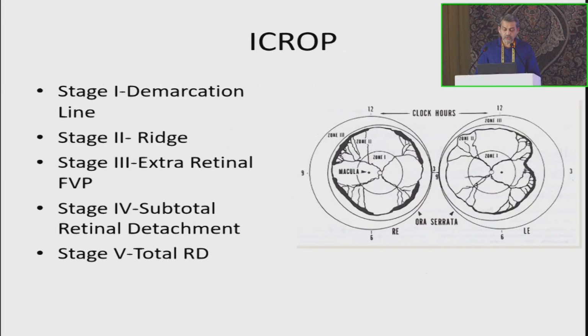So before I go again to the study, I'll have to tell you the background, the classification. ICROP 3's revised edition, the third, is now currently being followed. It divides the eye into 3 zones, zone 1, 2, 3 for the disease. Zone 1 is the distance between disc and double the distance between disc and fovea. Zone 2 is the rest of the circle touching the nasal retina, and the temporal crescent shape is the zone